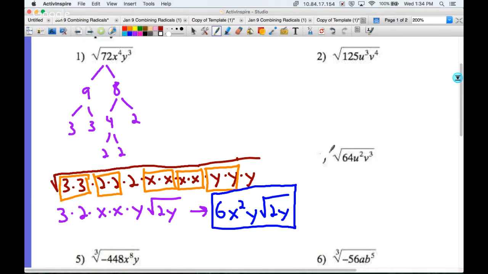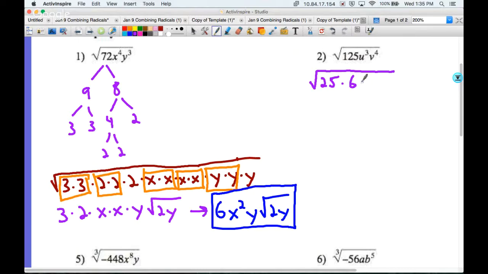All right, for number two, let me do it with the quicker method, which is to look for the biggest perfect squares and to take those out individually. So what I'm going to do with number two is factor this. I might refer to a list of perfect squares to figure out what's the biggest one that will fit into 125. That number is 25,